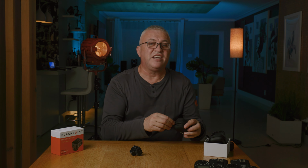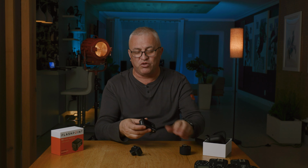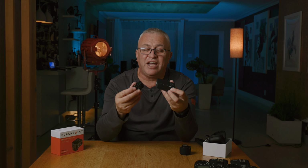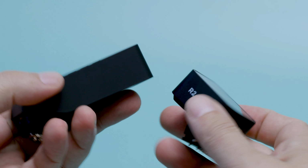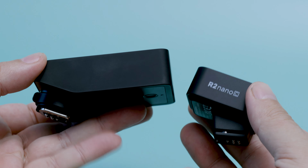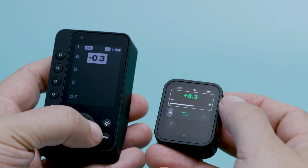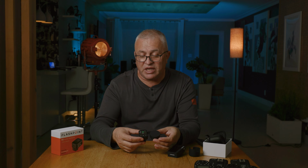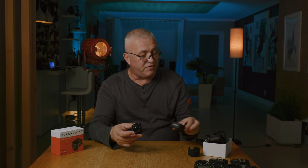Also, what is interesting is that it looks like Godox took the remote trigger from Profoto, the Profoto Connect Pro. It kind of resembles the shape, and of course, I think it's a better product than the Profoto. It's smaller, it has a nice color screen, and also Profoto has the Connect trigger, which is very small. And I think they missed out. They didn't put a screen or a touch screen on it like Godox did. And Godox just made a super nice product the size of the Connect trigger with a nice interface, better than